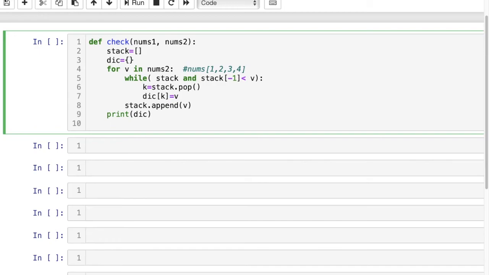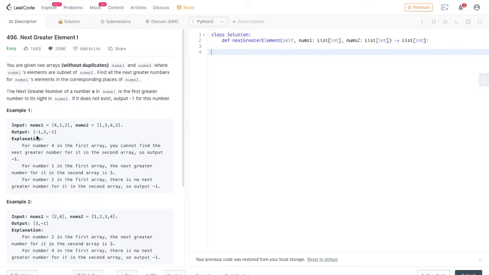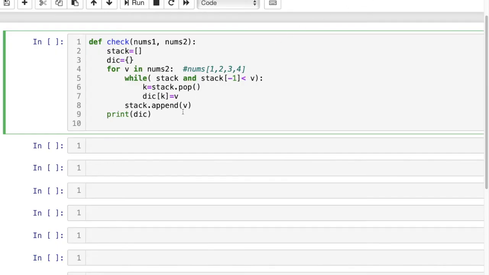And also, you can see we have to return our answer in a list type. So for that, we will iterate in my array1, which is for v in nums1.